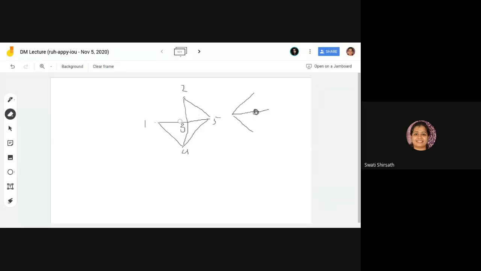Disconnected means some vertices should be such that they are not connected to the graph. There is no connection between those particular vertices and any other vertices of the graph, so that way the graph becomes disconnected. So if I remove this chord also, it is still not becoming disconnected. But what if I remove this chord also? Now the vertex 2 is totally disconnected from this graph. So 1 2, 2 3 and 2 5, this set is the fundamental cut set for the branch 1 2. Okay, are you getting this?